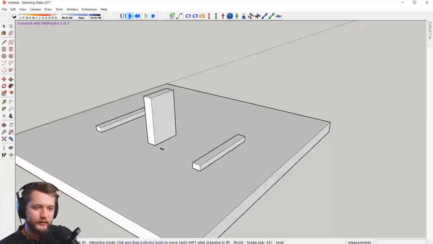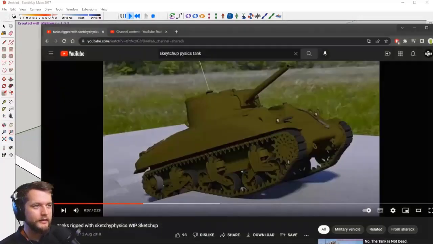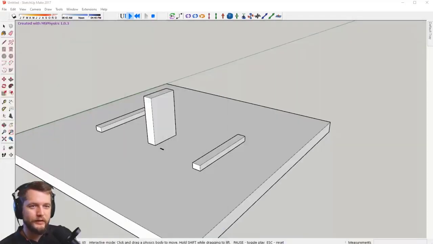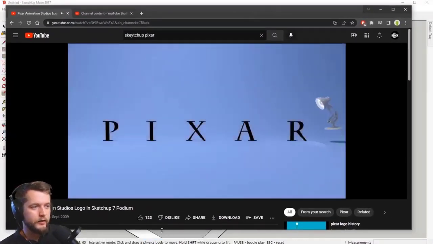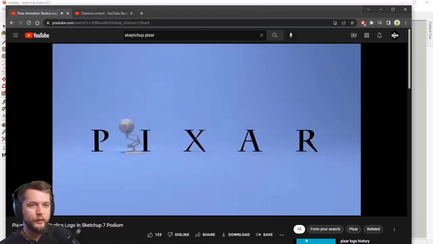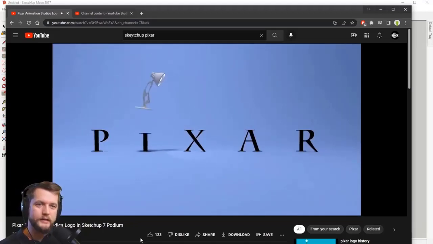I can say I've personally lost a lot of time playing around with these tools. For instance, I was one of the first ones who created these rendered character animations, in part also using the SketchUp Physics plugin. You might recognize this character from the Pixar intros. So this was fully created in SketchUp,